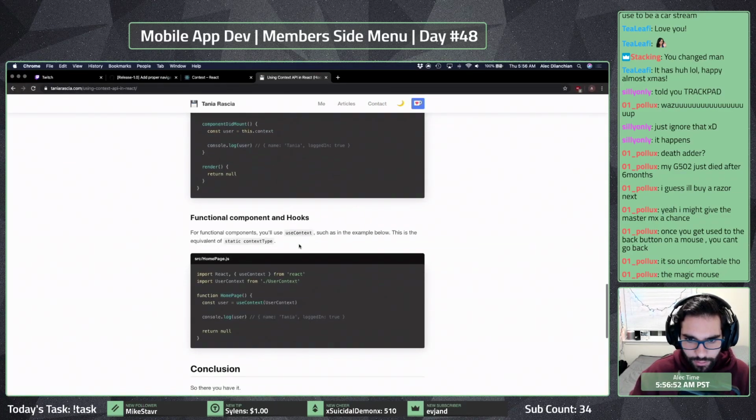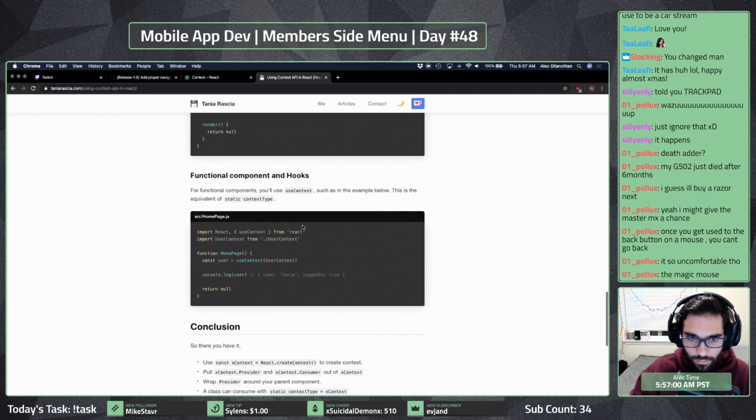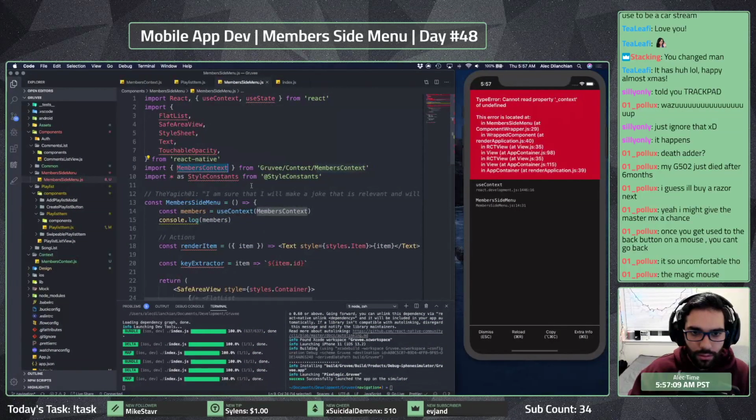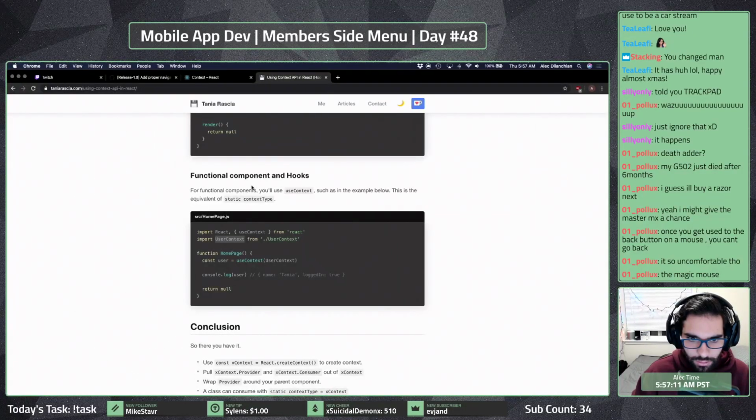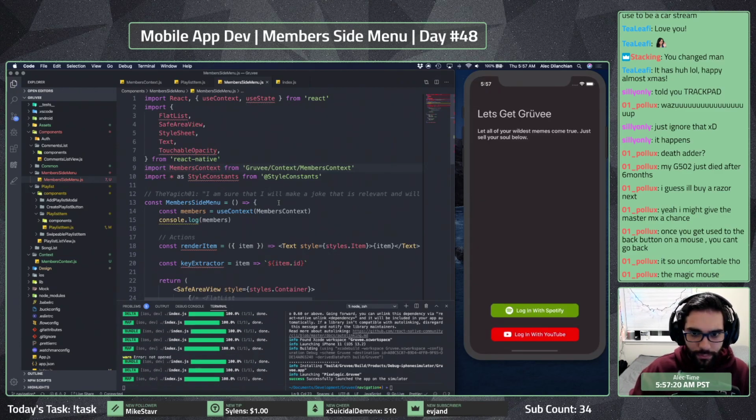Did I import this incorrectly? To use context, user context from user context. Yeah, no, this should be... Oh, that's why. Because this is the default that we're exporting from. There we go. There we go.